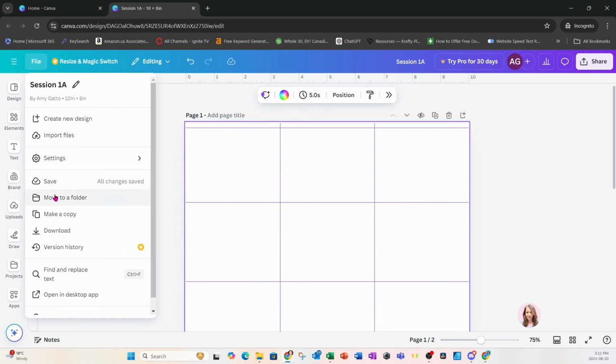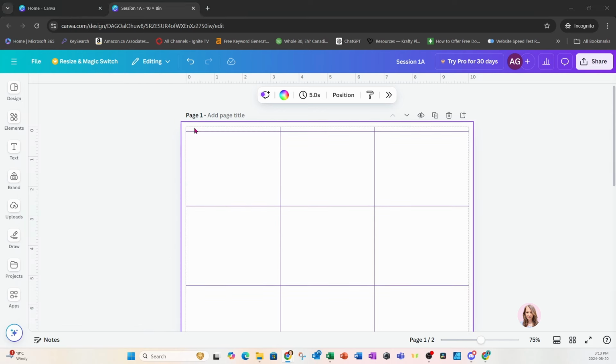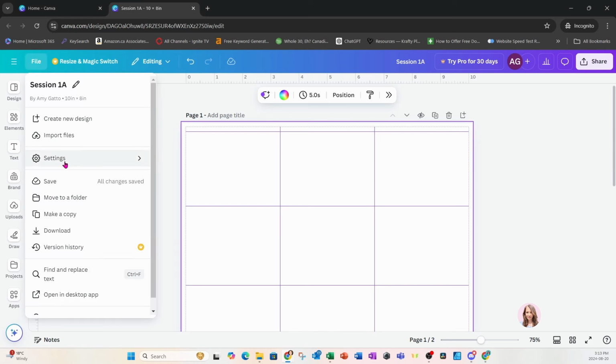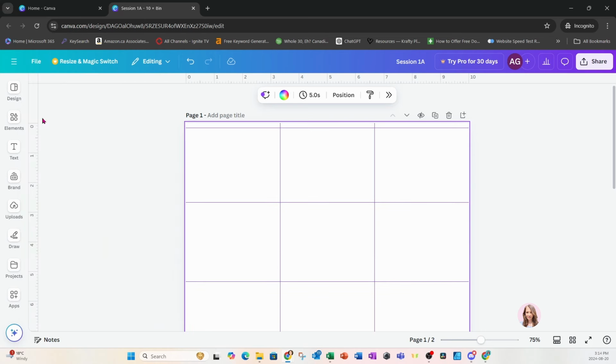We also have the option to show print bleed. The Canva print bleed is 1/8 of an inch. Okay, so just remember that when you're designing. So it shows you the print bleed with that dotted line going all the way around. So if you are printing a background, make sure your background extends to this bleed to prevent white gaps. Okay, let's go back to the file menu and back to settings. I'm going to remove the print bleed,